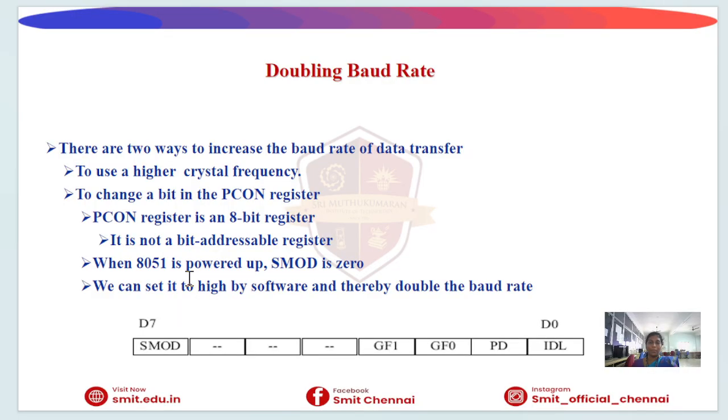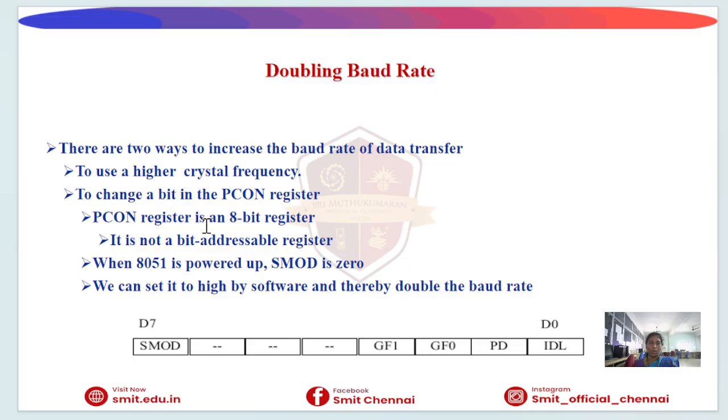So what is doubling the baud rate? The baud rate determines the speed of the serial communication. A higher baud rate means faster data transfer. In this, we have two ways. The first one is using a higher crystal oscillator frequency, and the second one is setting the SMOD bit